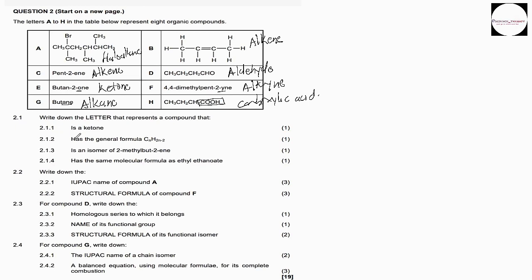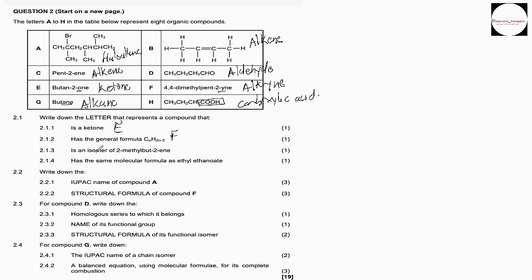Okay, so now let's get down to the questions. So 2.1.1 says, write down the letter that represents a compound that is a ketone. Which one is a ketone? It's letter E. Then 2.1.2 has the general formula CnH2n-2. So which one is an alkyne? It's F. And then 2.1.3 is an isomer of